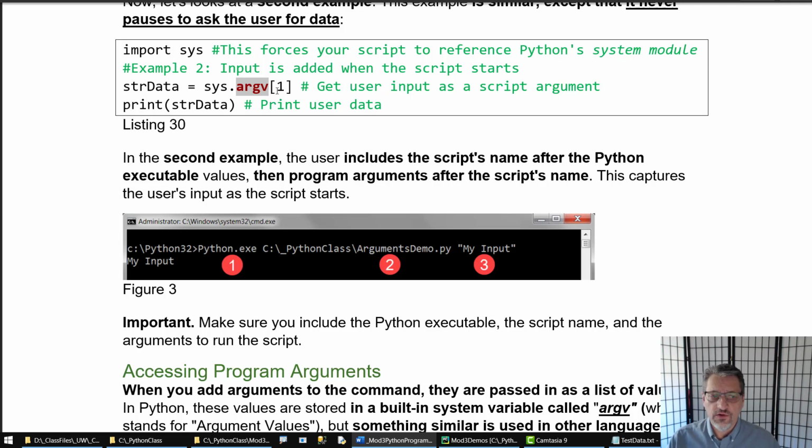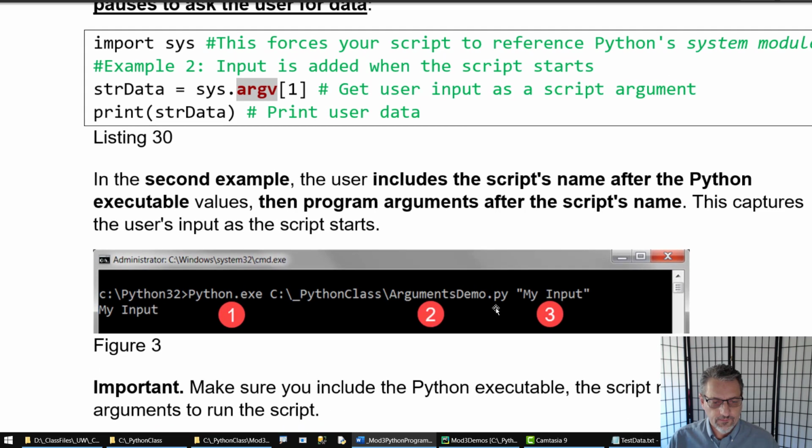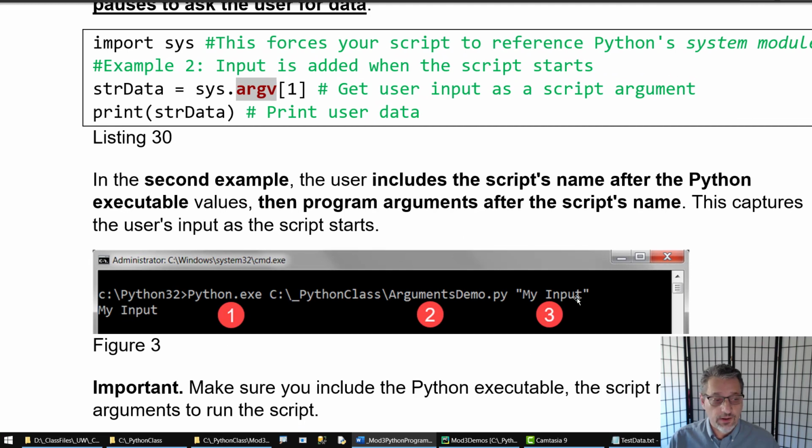And we can use 0, 1, 2, 3, 4 index values to extract pieces of data from that list. So for example, if I start up an argument demo py file and I pass in my input,